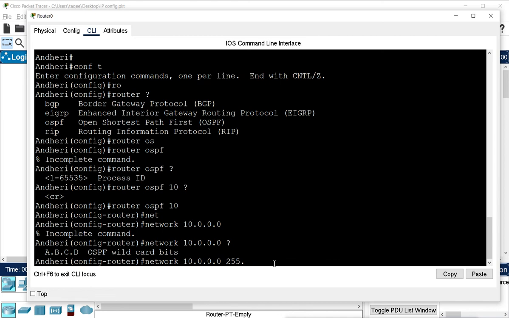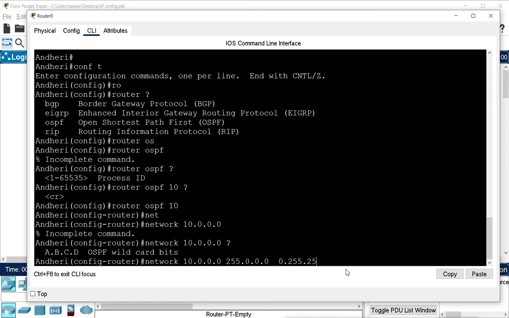So this 255, when all the bits are on, we will make 0. That means here we have all the bits on, so I will disable all the bits. Then here we have all the bits disabled, so I will enable all the bits. And the same for these two also.